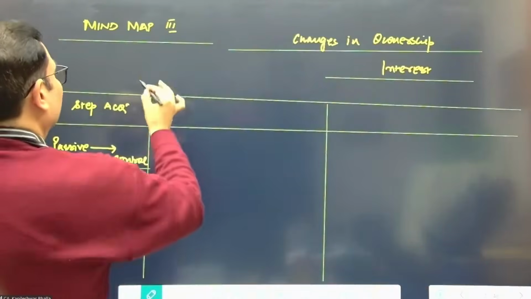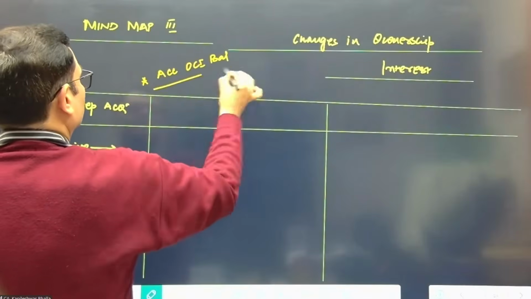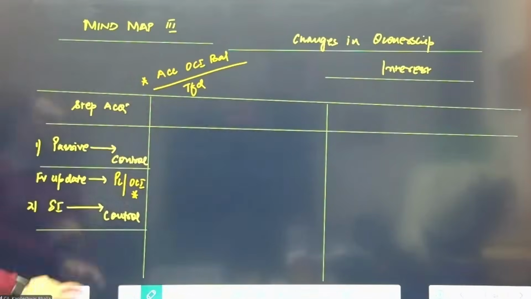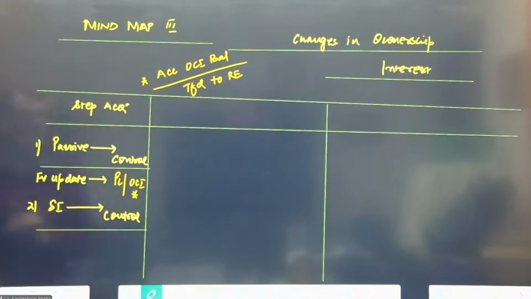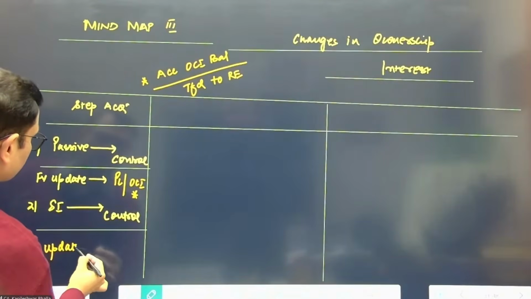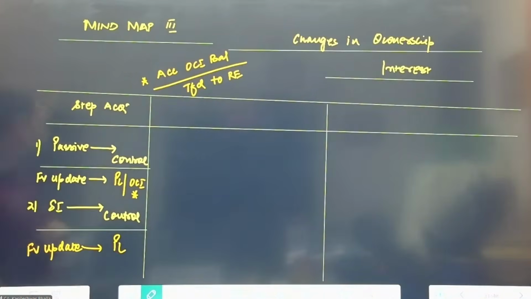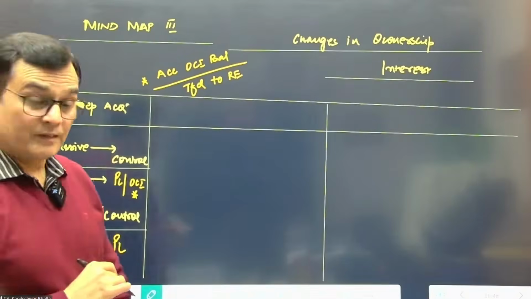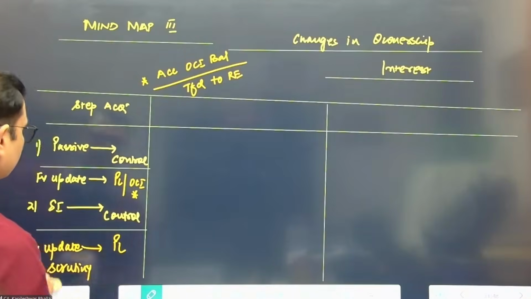And what happens to the accumulated balance in OCI? If it is FVTOCI, where is it transferred? Retained earnings. That's right, it goes to RE. Now if it is a case of significant influence to control, where do you take the fair value update? Because you're using the equity method, it goes to the P&L. Anything else required in this case? Scrutinizing OCI. Very good.